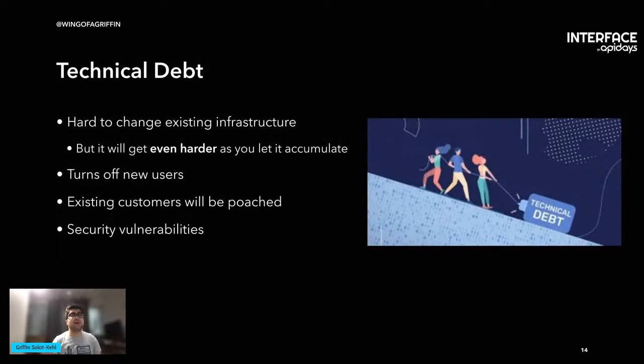So let's talk about the elephant in the room too, technical debt, where it's really hard to change existing infrastructure. A lot of teams often like to shovel aside all the technical debt in favor of wanting to build new and fun and exciting, interesting tools. But the issue is it gets even harder to remove technical debt the longer you let it accumulate, where if you just leave it there and you keep on building more and more things on top of it, that becomes the weakest link in the entire infrastructure of your development interface that you're showing off to all your different users.